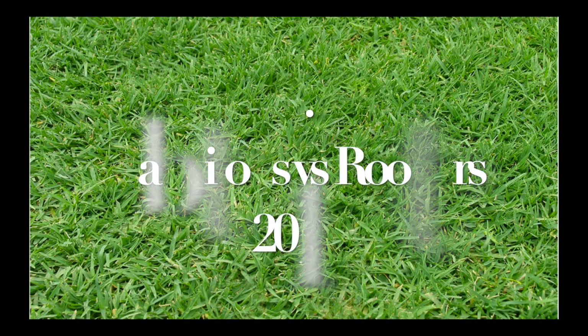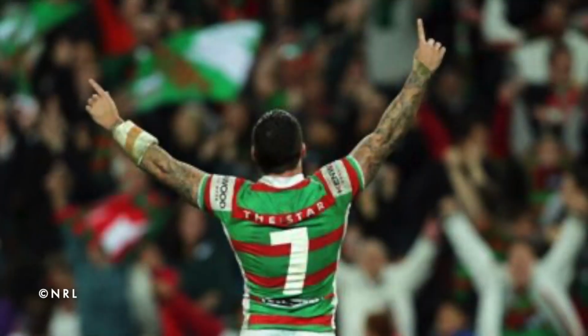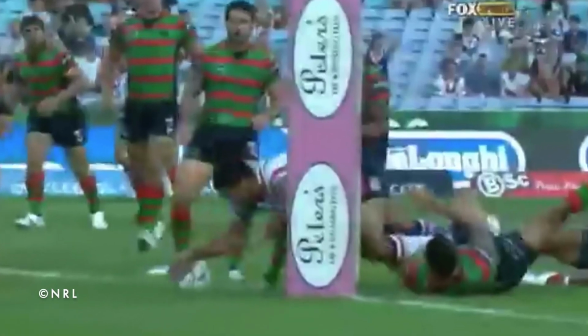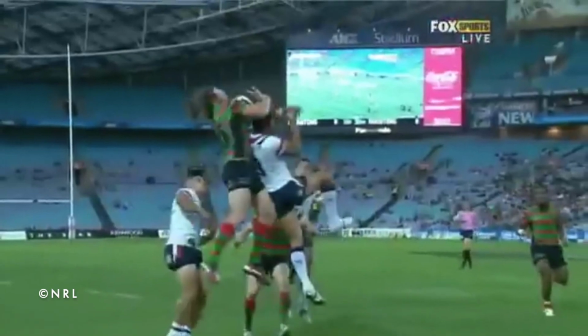And number 1, the Rabbitohs versus the Roosters in 2012. The first of their 2 epic encounters in the 2012 season, as the Chooks and the Bunnies gave us 2 unforgettable finishes. Lama Tasi would score the first try, but Michael Crocker would score for the Bunnies to tie the game. Debutant Adam Reynolds would set up Chris McQueen for a try from a crossfield kick, and the Roosters would